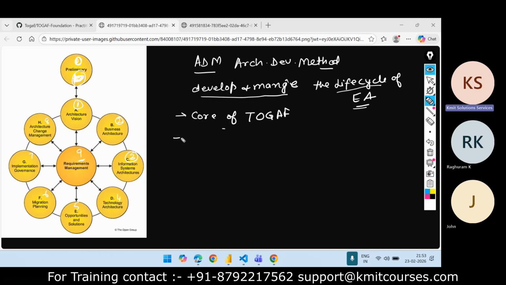So this is a tested and repeatable process for developing the architecture. With the help of that, you can establish an architecture framework.